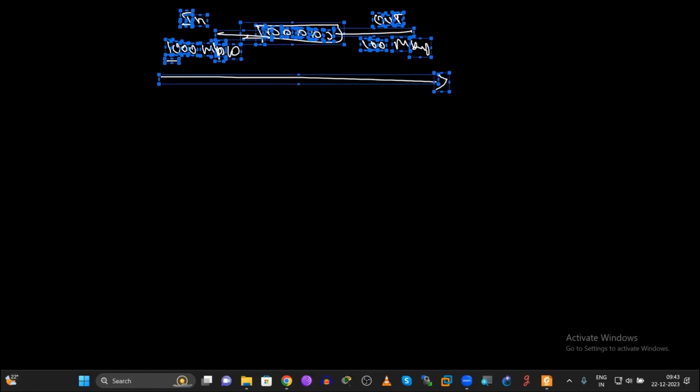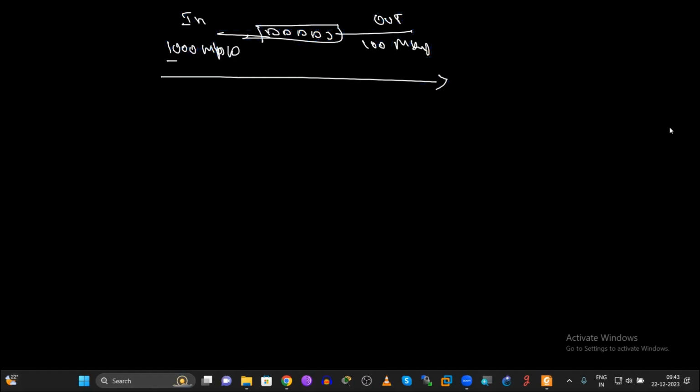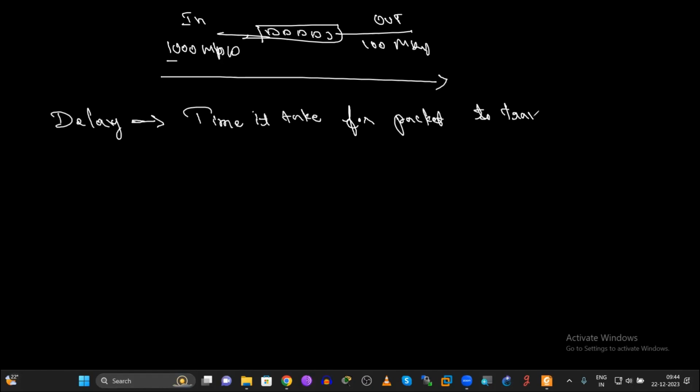Congestion. The next is delay. As I told earlier, delay means the time it takes per packet to travel from the source to the destination.